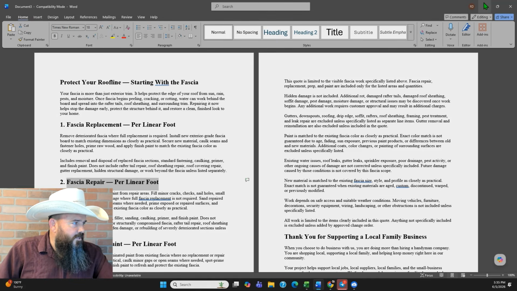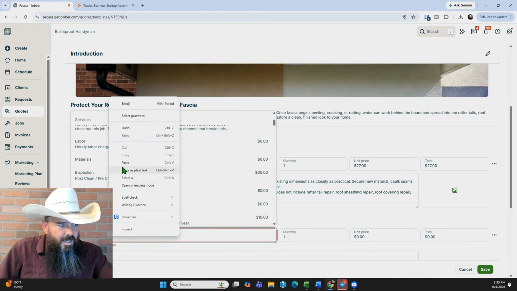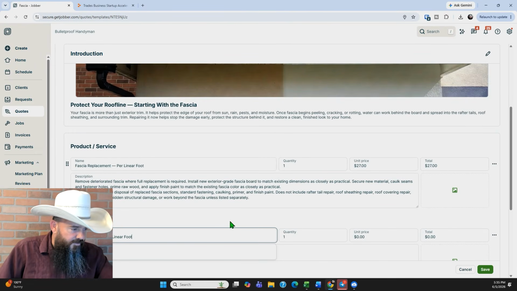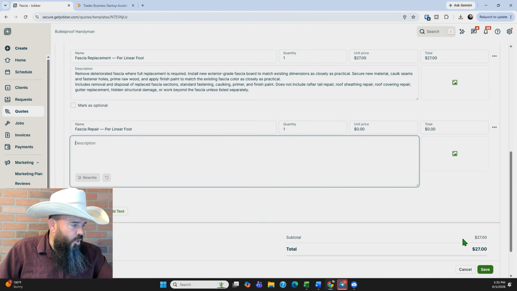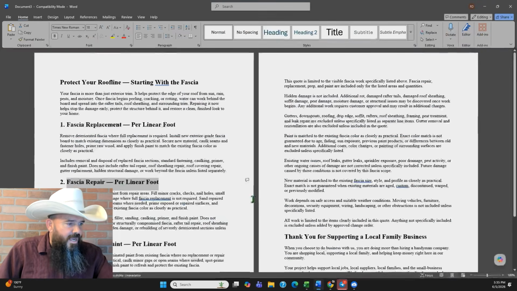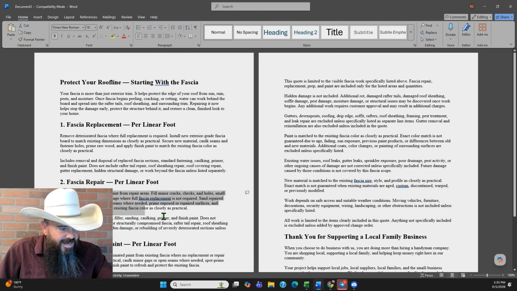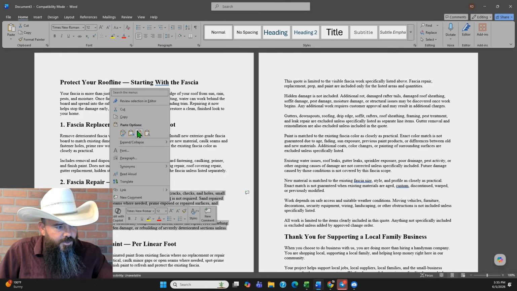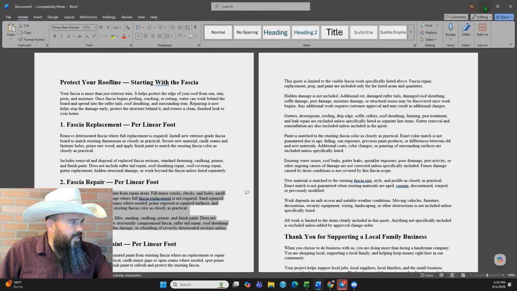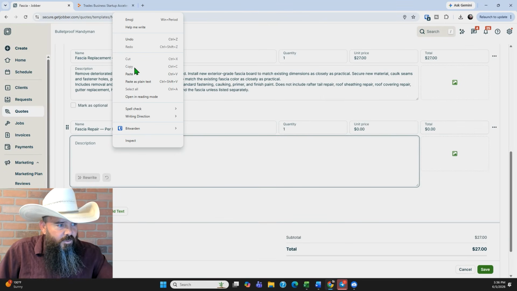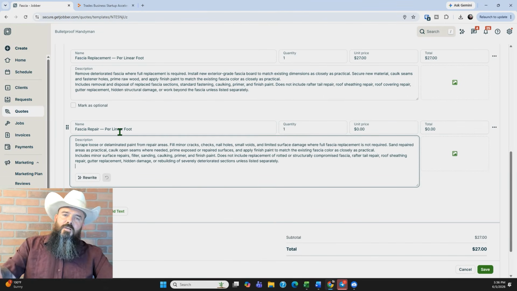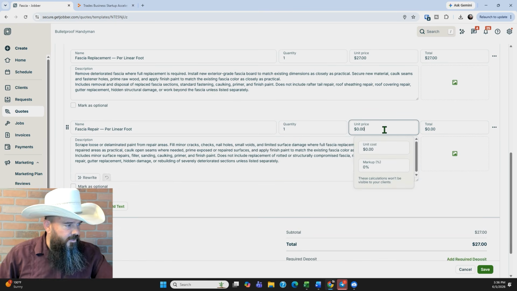Because the idea here is we're going to go to the job, measure the amount of linear feet that we're going to need for each of these, and then all we're going to have to do is open up this quote when we get back home and just add the quantities. All of this stuff that I'm showing you right now, where I'm copying and pasting this description and title for the repair, is all going to be pre-filled for you, so all you're going to need to do is